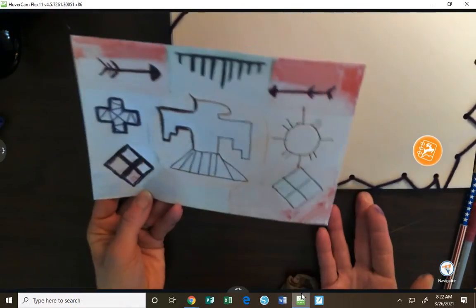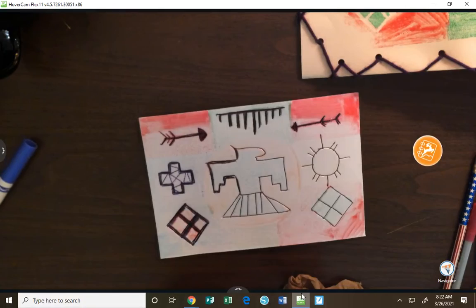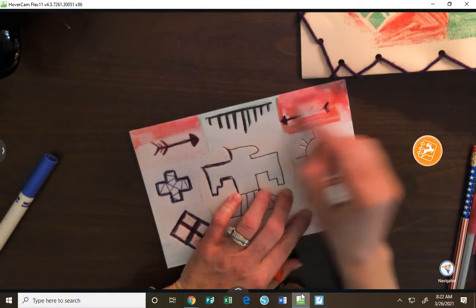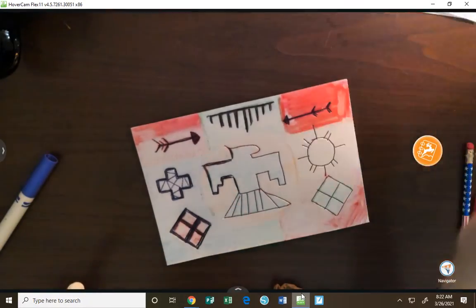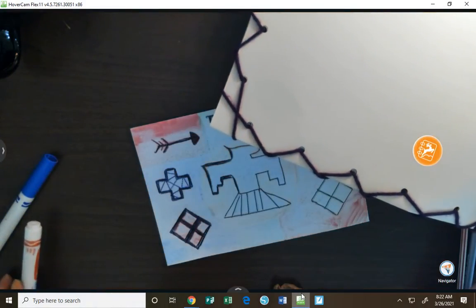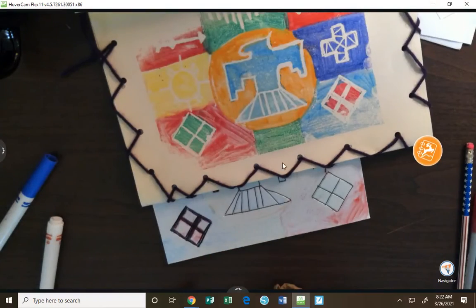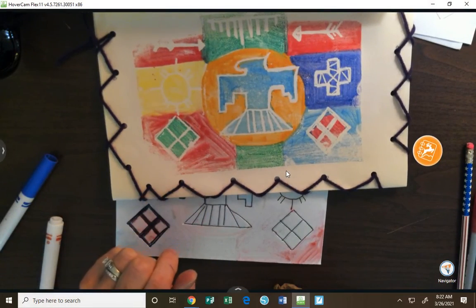Guess what? We're going to flip it over because a print can be done lots of times. And we're going to do it again. We have to color the stamp again. So I would suggest using those same colors in the same areas. I'm coloring my whole stamp, and I'm going to repeat the process. Flipping it over, getting the back side of the bag all wet this time, and laying my stamp down and printing it. If time allows, you could also print your stamp in your sketchbook if